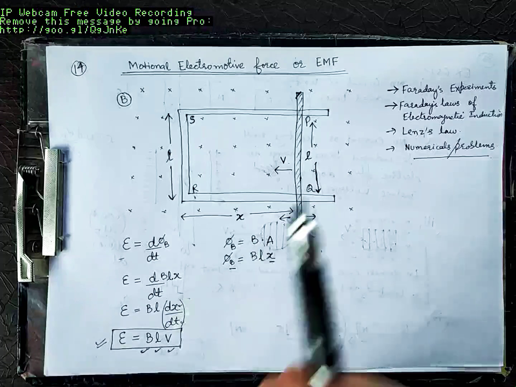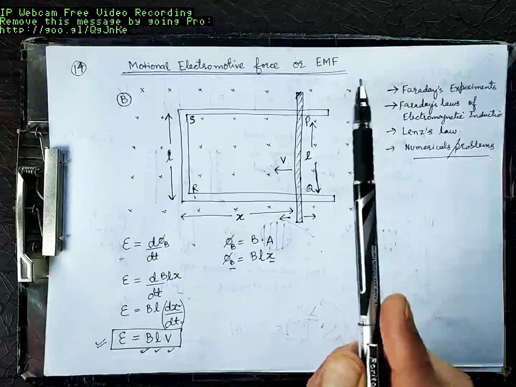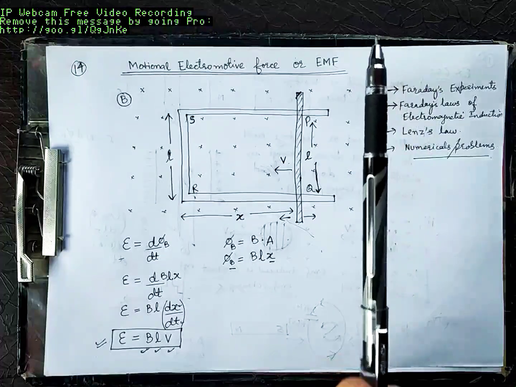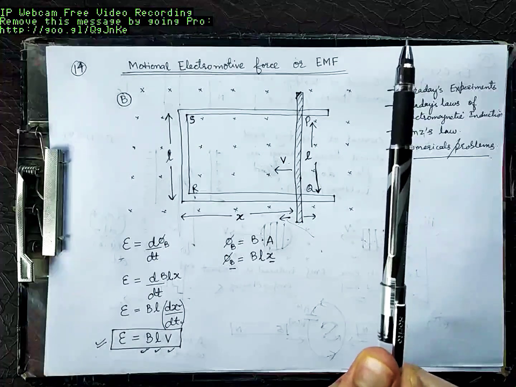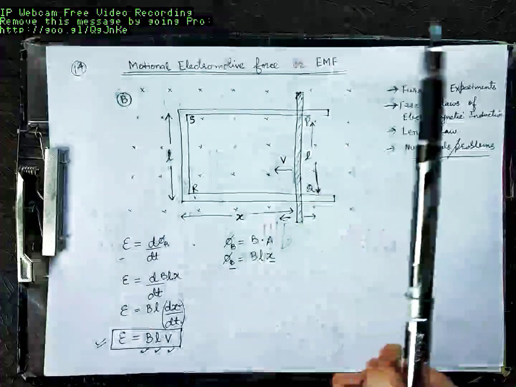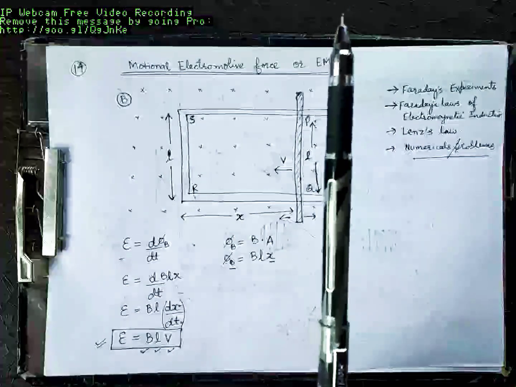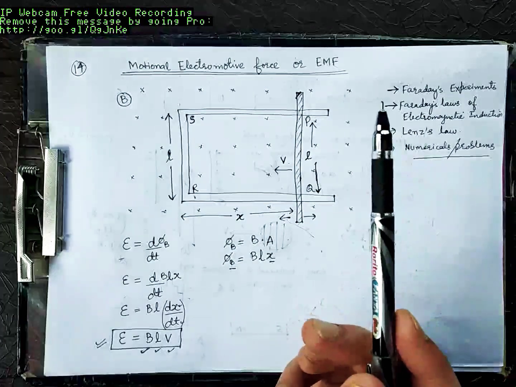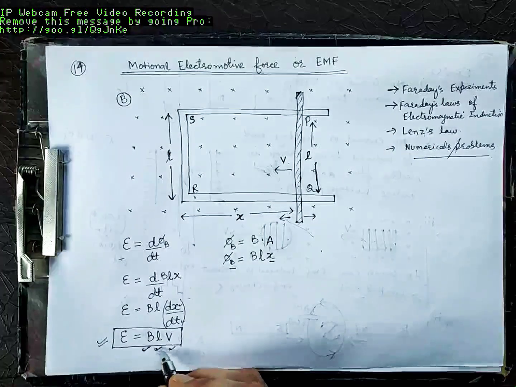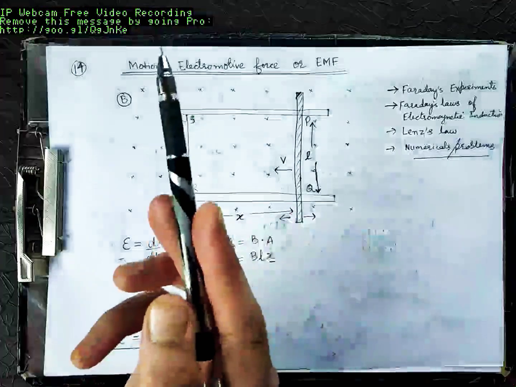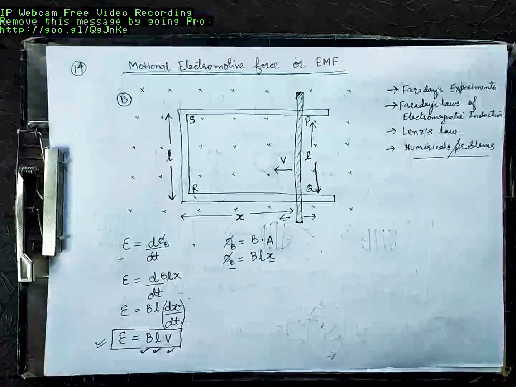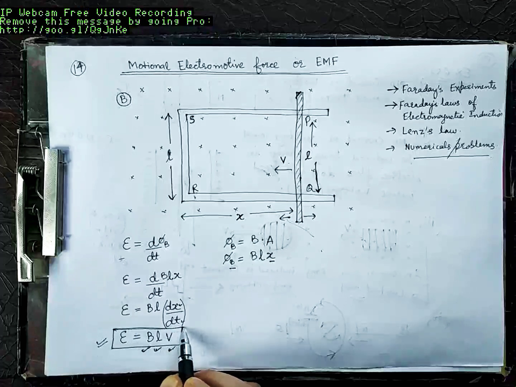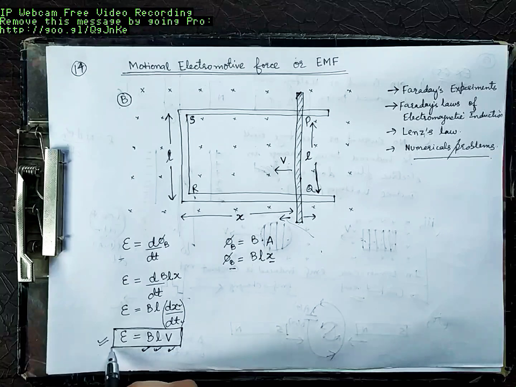That is, if you have a conductor inside a magnetic field and you want a voltage induced in the conductor, the voltage can be induced if you move this conductor inside the magnetic field. The induced EMF in the conductor is proportional to magnetic flux density B and length of the conductor. More the length of conductor, more will be the induced EMF. And velocity of the conductor: the faster you move the conductor, the more will be the induced EMF. Fine. This is called motional EMF or motional electromotive force.